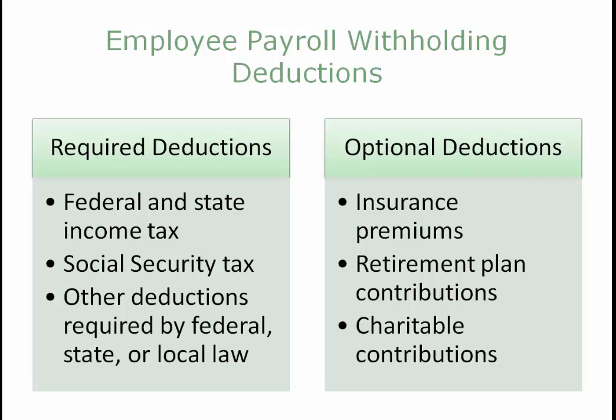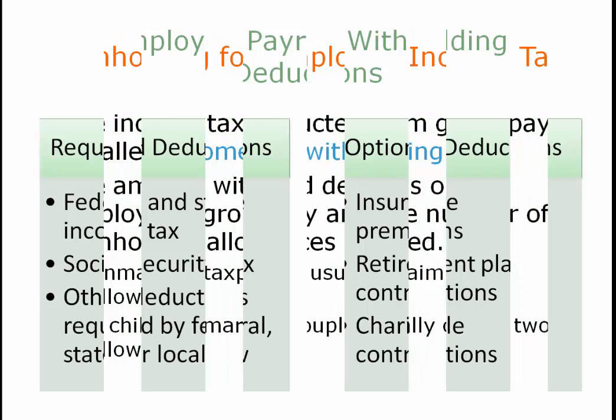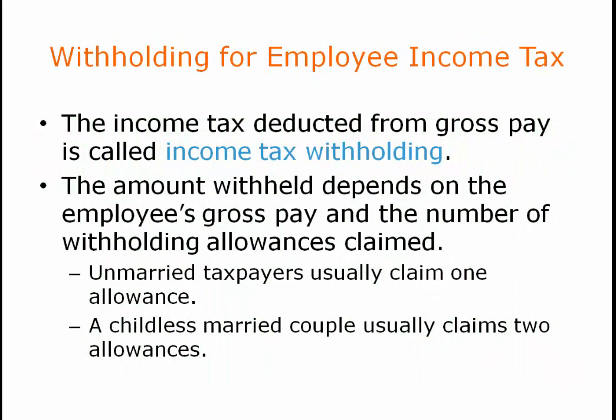So just remember that. And if you have charitable contributions, say United Way, or a donation to the university, you could fill in the blank as far as charitable contributions that they might take out of your check, that's going to be another voluntary or optional deduction out of the check. But each one of these, when they take it out of your paycheck, creates a current liability for the business for them to pay to whoever they collected the money for. And those are called